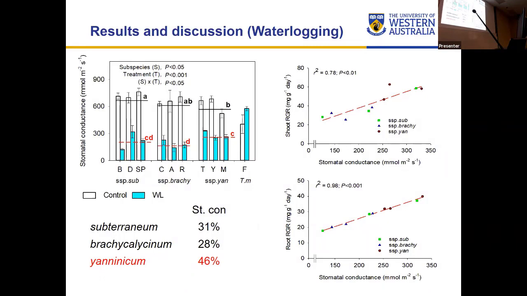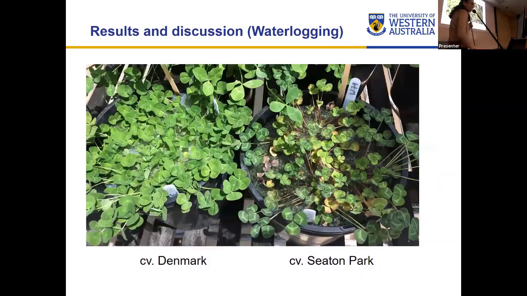Stomatal conductance was one of the key traits that had a strong positive correlation with both shoot and root growth under the waterlogging condition. I also assessed anthocyanin pigmentation in the petals. All cultivars increased anthocyanin pigmentation under the waterlogging condition, particularly at the beginning stage of the waterlogging. And cultivars showing higher tolerance to waterlogging gradually decreased anthocyanin pigmentation over the waterlogging period, which